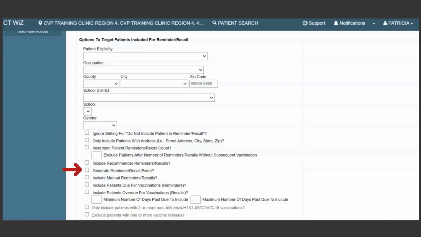You can generate a reminder recall event. Check this option to automatically log the reminder recall event on the patient events page for those included in the report. This is nothing more than documentation and need not be checked for reminder recalls to function properly. The Include Patients Due for Vaccinations reminders option targets patients coming due for vaccinations. Patients will be included if they are due for one or more vaccinations during the period specified by the minimum and maximum reminder dates. The Include Patients Overdue for Vaccinations recalls option includes patients who are overdue for one or more